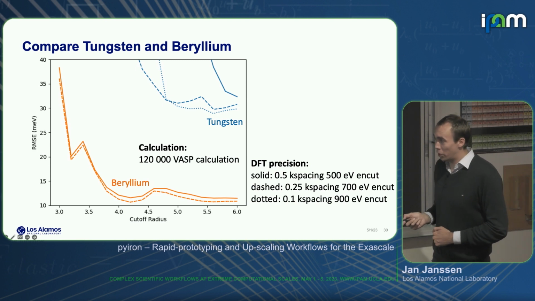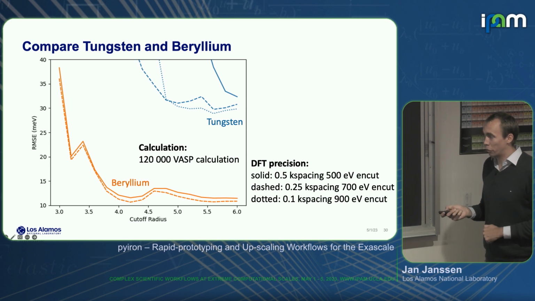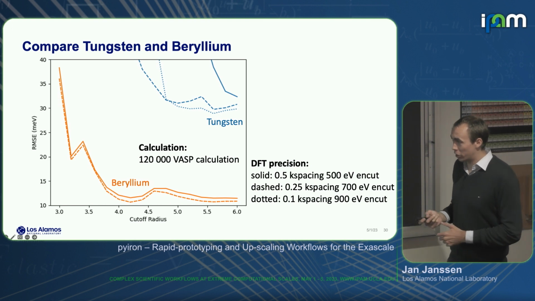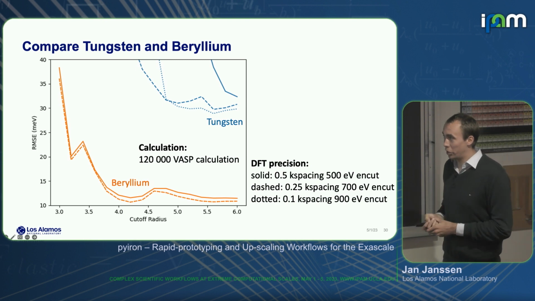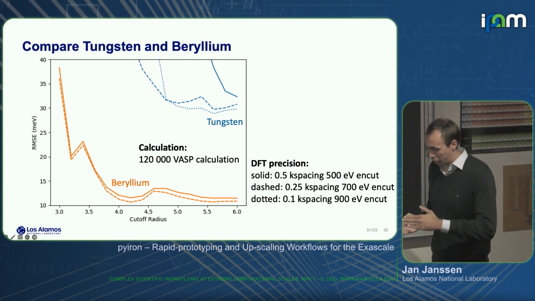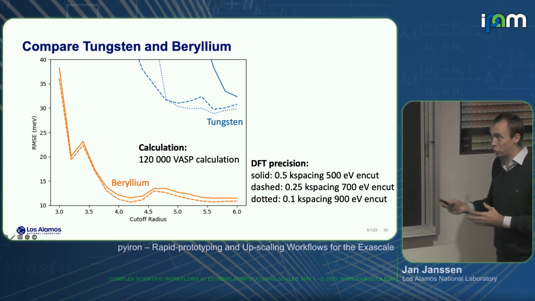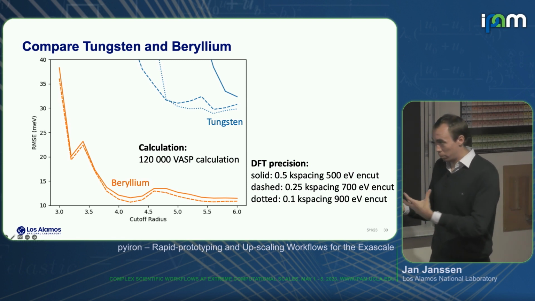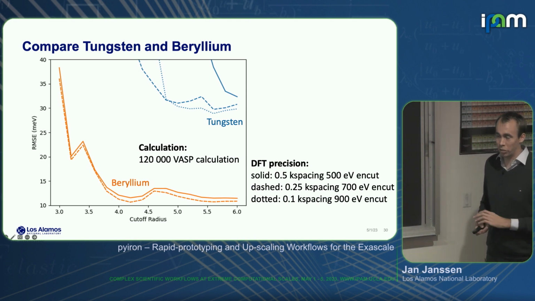And we see for beryllium, basically going from the solid lines, that's our lowest level convergence, to the medium, we see a shift. But then going from medium to high convergence, there's basically no more difference in terms of the fit, and it really lies perfectly on top of each other. In contrast to this, on tungsten, we see really there are 3 discrete lines that the different sets of parameters result in different fitting curves, which relate to different potential energy surfaces. And then there were a lot of discussions, okay, tungsten having more electrons inside the pseudopotential, so it has to be more complex, and how this complexity influences the challenge of fitting this.